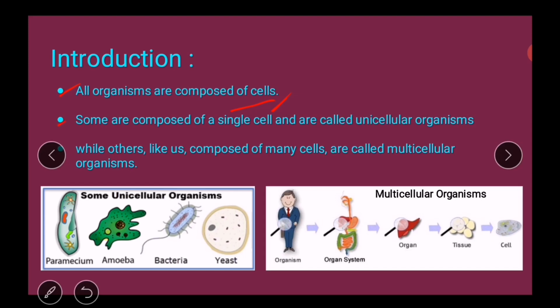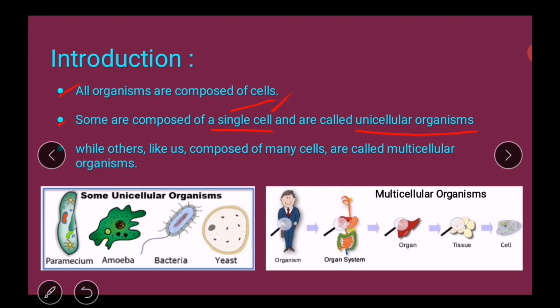Let's come to the second point. Some are composed of a single cell. Single cell means only one cell. Some living organisms are composed of only a single cell. What are they called? They are called unicellular organisms. Organisms that are composed of only a single cell are called unicellular organisms,